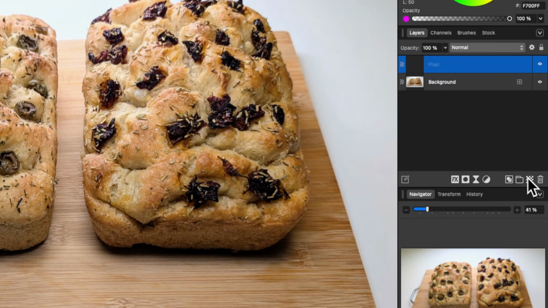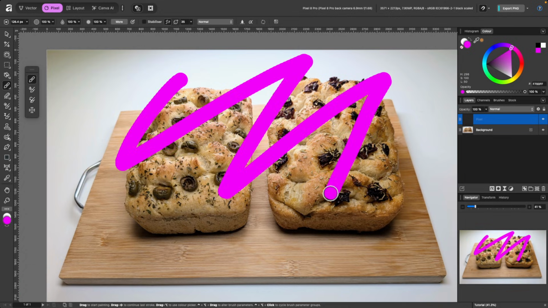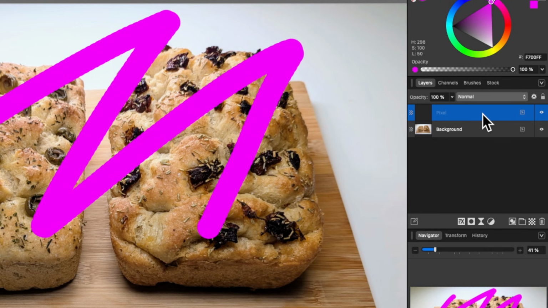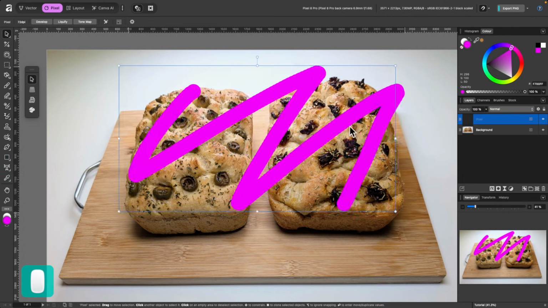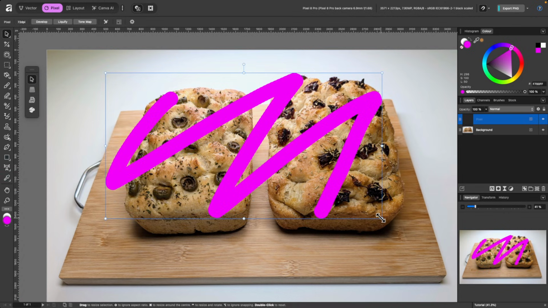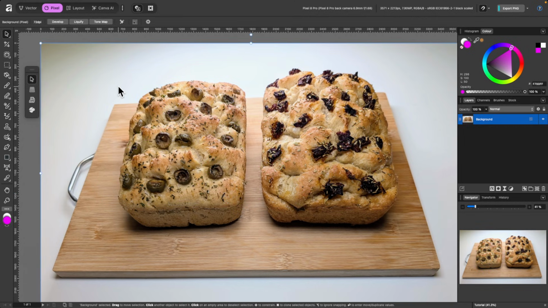Okay, so a better way is to go down and add a pixel layer. So there's the pixel layer. I've clicked it once, and now I have a pixel layer that I can start painting on. So I can click and drag, and I can let go, and that is above my actual image of the bread there. If I just select V on the keyboard, my move tool, I can actually move that brush stroke around, and I can resize it if I want, and I can just delete it also, just by pressing delete. Okay, I'll just switch back to the paintbrush tool using the shortcut B on the keyboard.